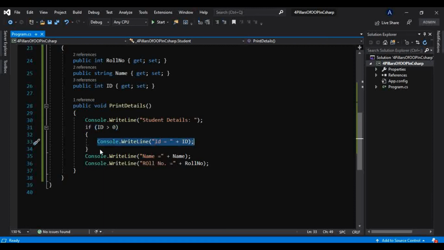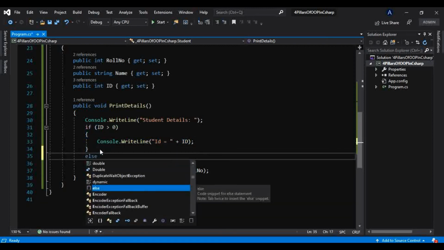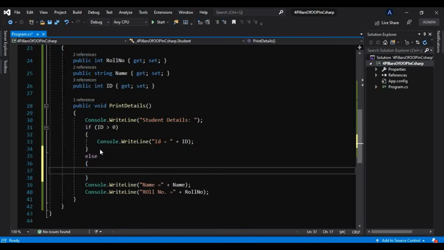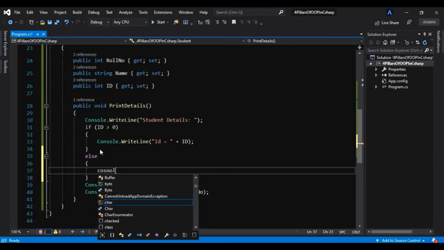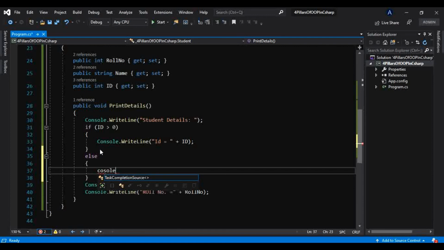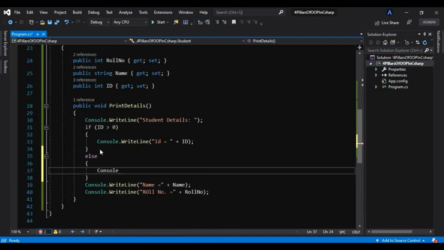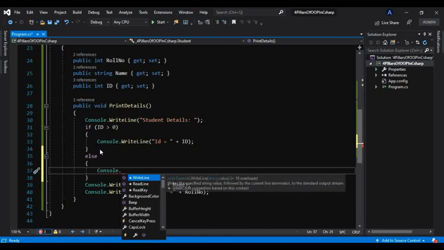But instead of that, what we can do, now we know this condition is not true. So in that case, here itself we can throw an exception, or we can give a valid message also. That also we can do. So let me give one valid message here to make the user understand that he or she has not entered a correct value.